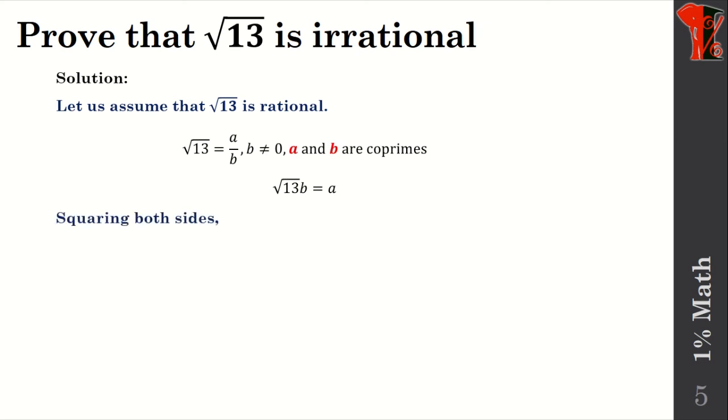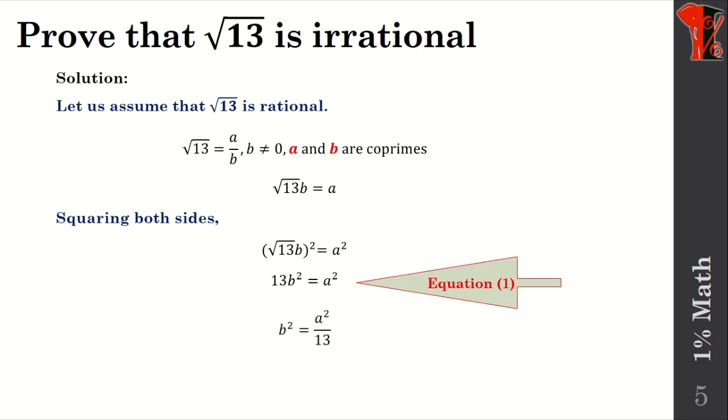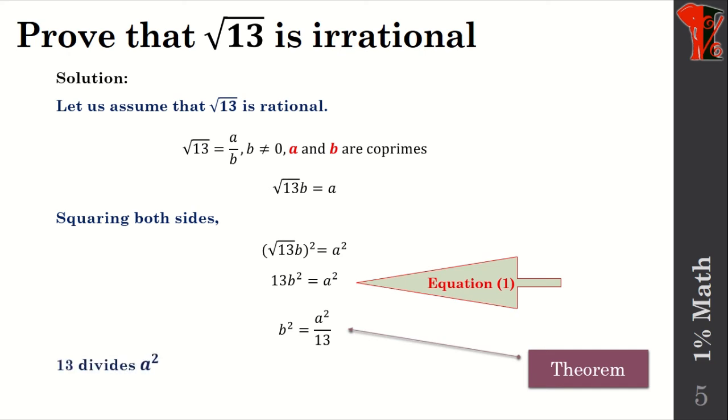Then we are going to square it. We are squaring here to get rid of the root from the 13. After squaring it, we will get 13 B square equals A square. Transpose 13 to the other side, it becomes B square equal to A square by 13. So A square by 13 says that 13 divides A square. As we have discussed in the theorem, the same concept has arrived here. A square is divided by 13, or we can say 13 divides A square. If 13 divides A square, as per the theorem, 13 divides A also.